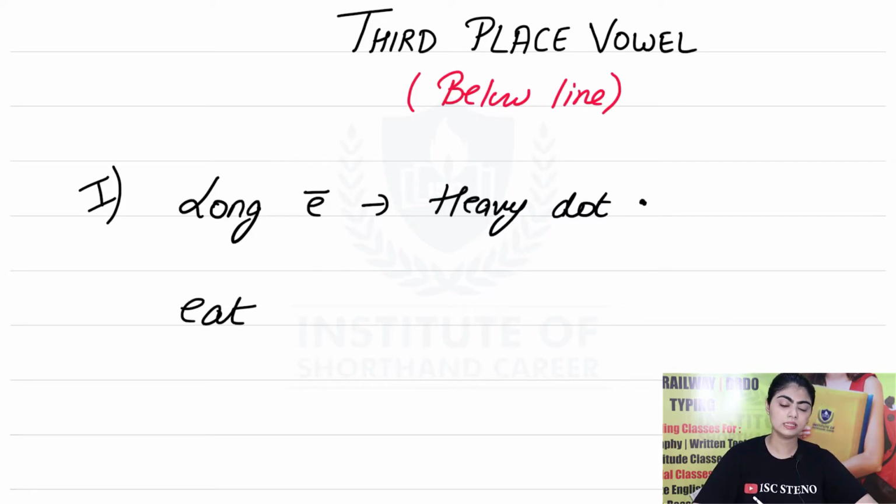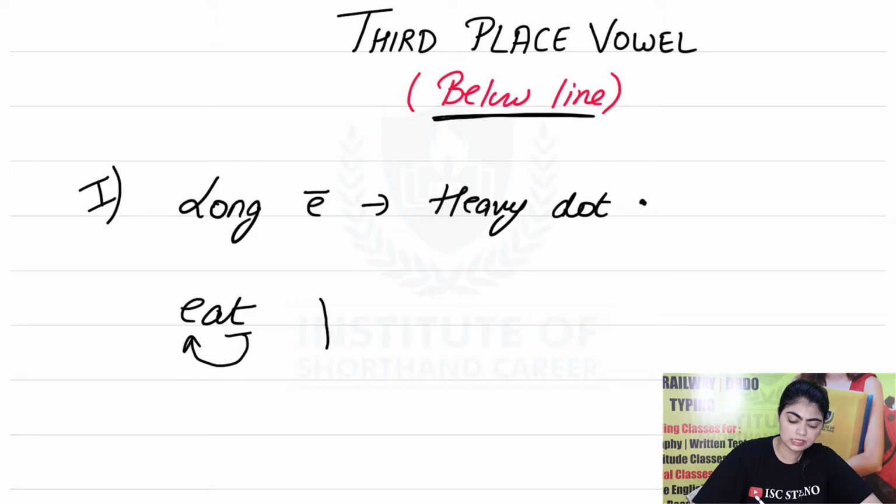In this you can see E and T. So there is a T stroke. This is a single letter case. You have to make T like this below the line because this is the third place. As you know, the third place vowel is made below the line. So the alphabet should cross the line. The letter is T and before T, the E sound is coming.